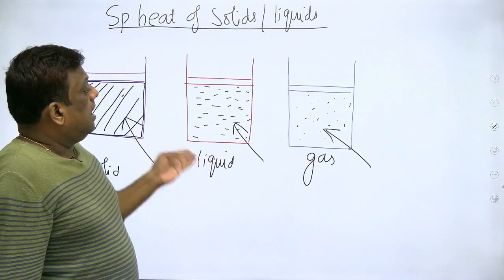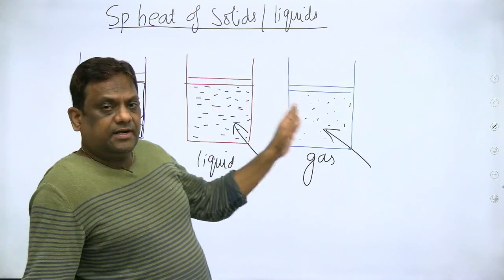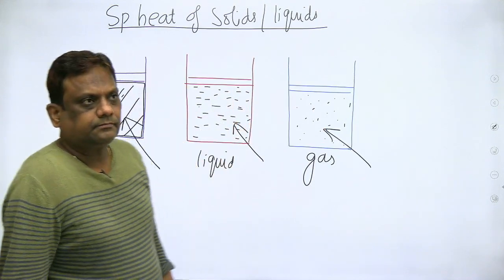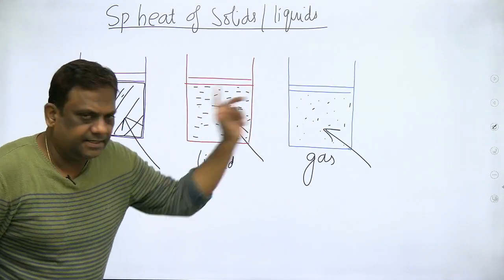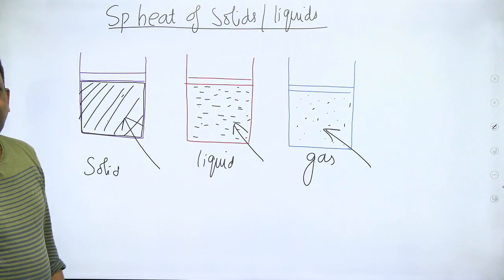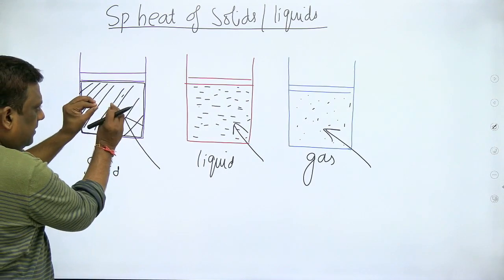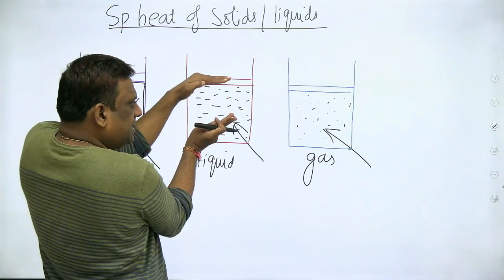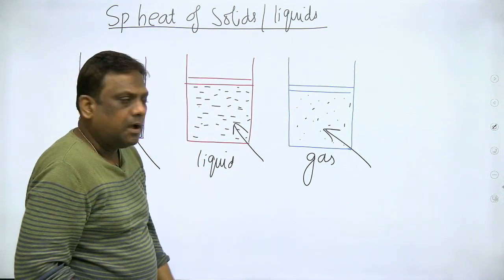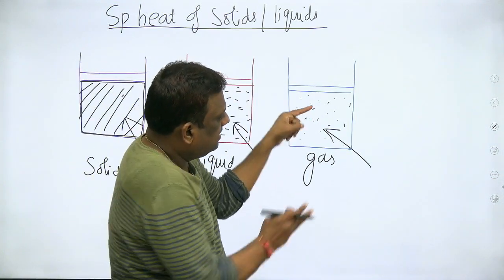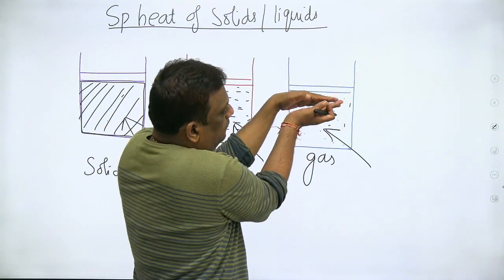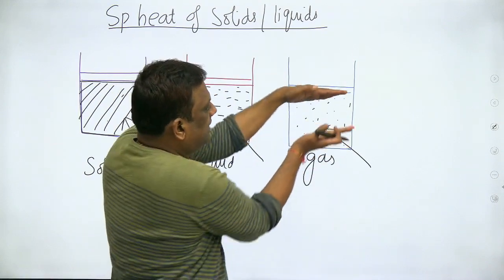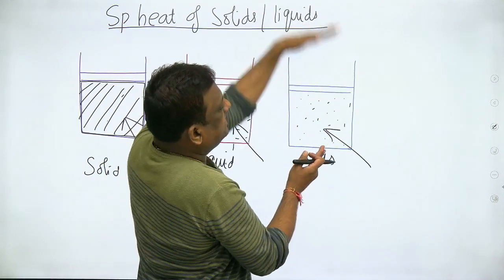Again, ये मत बोलना सर अगर वो वेपर में कन्वर्ट हुआ, if it is converted into vapor, it becomes gas. I'm not interested in that. I'm interested only in liquid state. Heat, heat, heat. What will happen? When you are heating, there may be slight expansion. But when you are heating the gas, it will expand to a greater degree. इसका मतलब है, when it is expanding, the work is raising the piston.